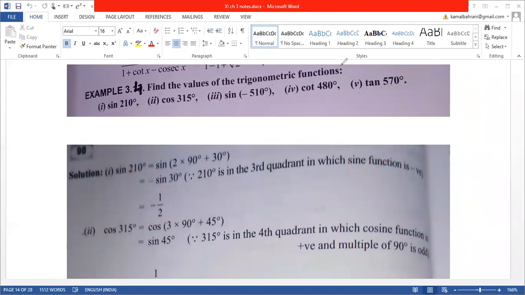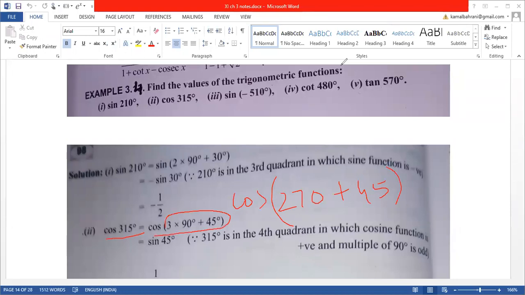Now the next question is cos of 315. So what you have to do is always change it into the form of 90 plus, 90 minus, 180 minus, 180 plus, meaning in terms of n pi, or n pi by 2, or 3 pi by 2. You have to change it into this form, then only you will be able to do it. So what we have is cos of 3 times 90 plus 45. 3 nines are 270, plus 45. So cos of 270 plus 45. 315 can be written as 270 plus 45, which will be 315 only.